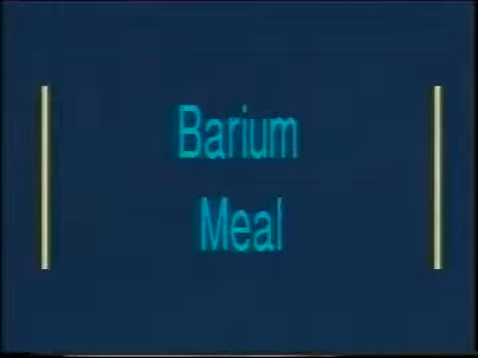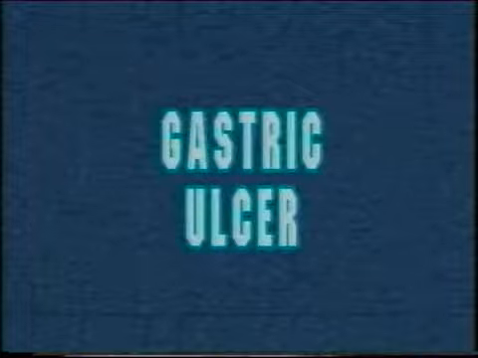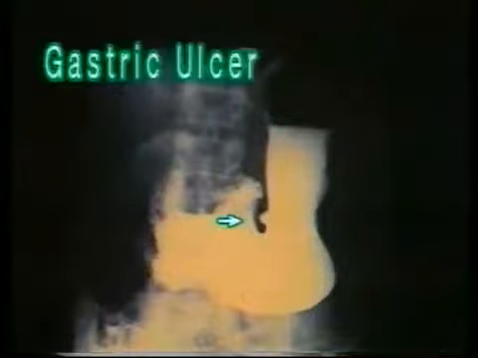Now we will come to the barium meal study of the stomach. A chronic gastric ulcer. In this barium study of the stomach, note the characteristic ulcer nick projecting from the lesser curvature. This profile view is absolutely diagnostic of a chronic and benign gastric ulcer. Note that the ulcer nick is projecting beyond the border of the stomach. This is the radiological sign that spells a benign ulcer.